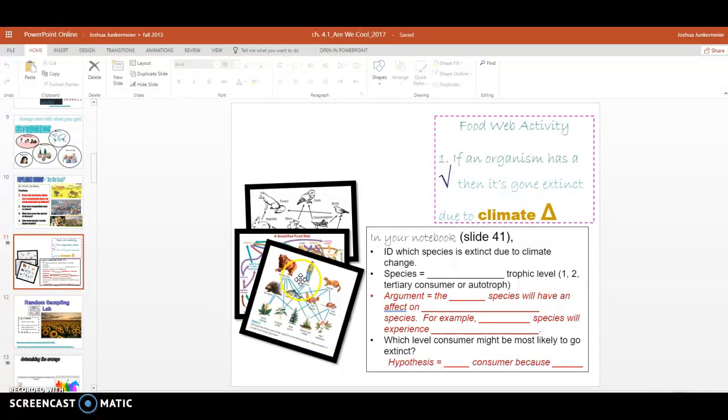So if an organism goes extinct, like if the bear went extinct, we know that it has an effect. We've discussed this. We've made arguments just like this. We made arguments about how the species will be affected, right? We've made hypotheses about which trophic levels are most sensitive to extinctions. So we know that scientists should care if a species goes extinct, because if one species goes extinct, it affects